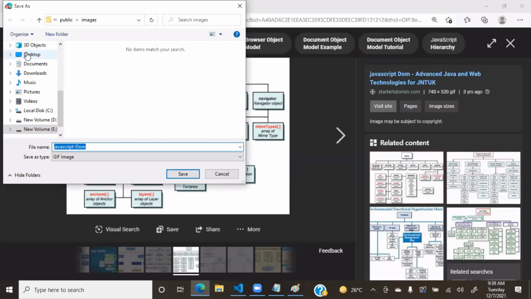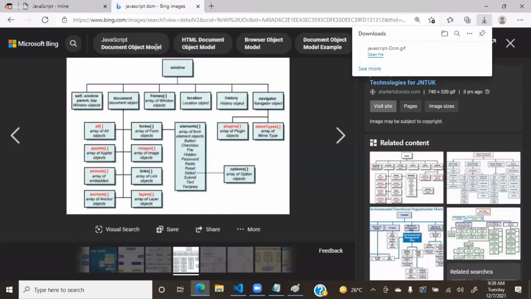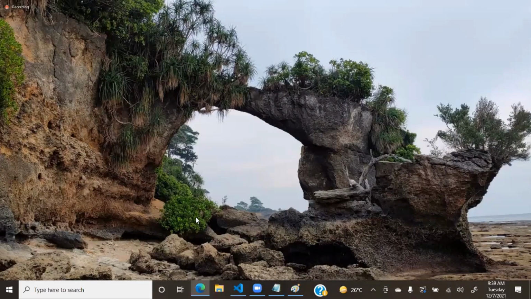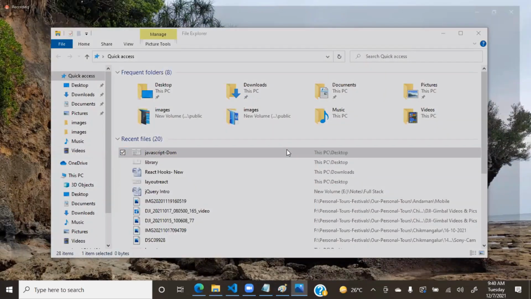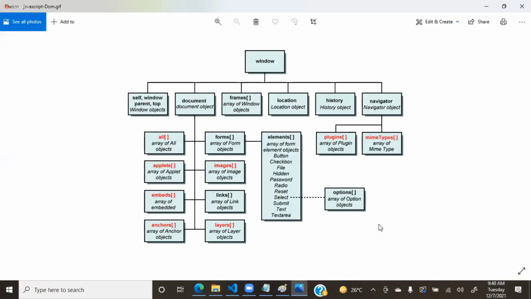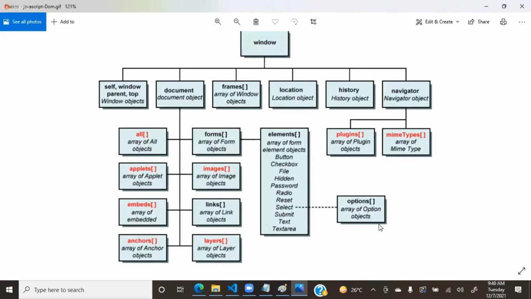So, JavaScript DOM. Okay. Now let's close this. Now see here, I am opening the DOM hierarchy. And this is the JavaScript DOM. Now observe carefully. This is the DOM hierarchy. According to this DOM hierarchy,